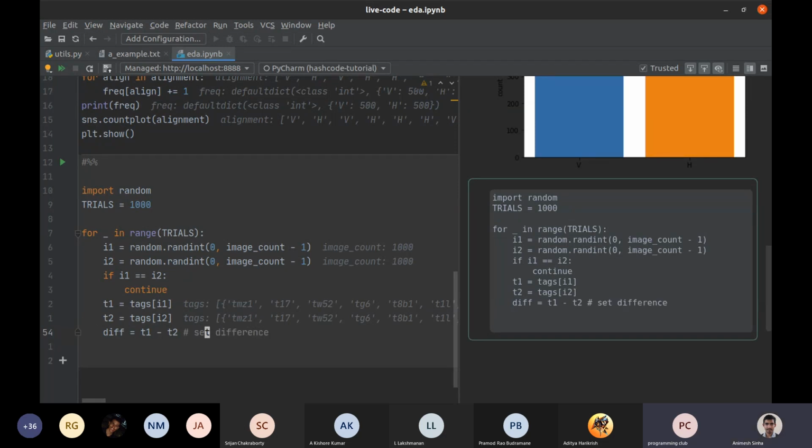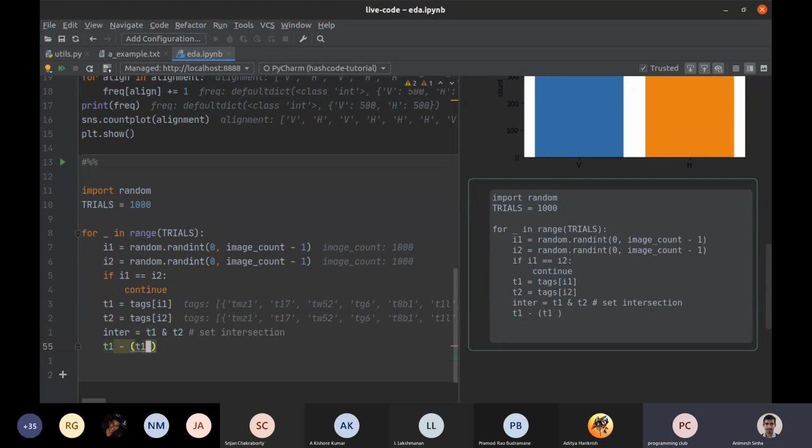Okay, so let's do a bit of optimization here. Let's just first take the intersection. T1 and T2, so this is the intersection, and the left difference would be T1 minus intersection. Sorry, just find the length, right? Intersection is len of T1 and T2.